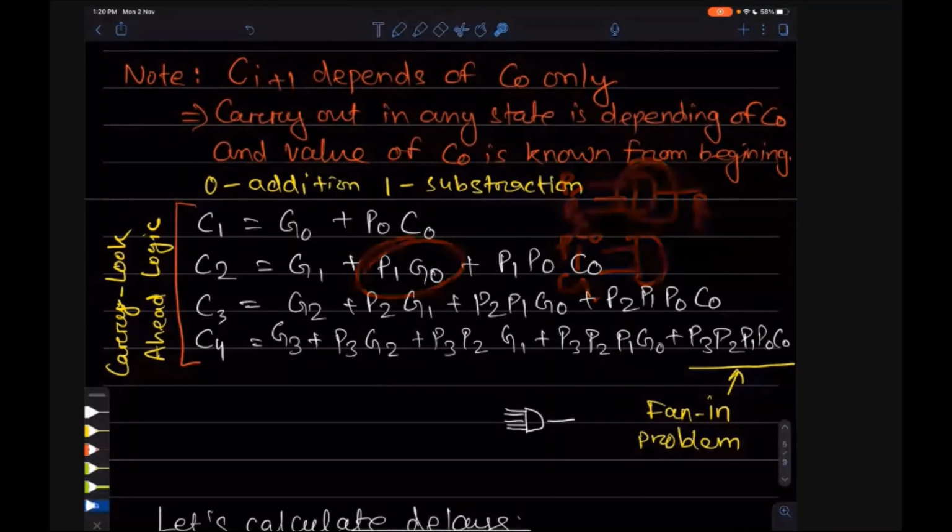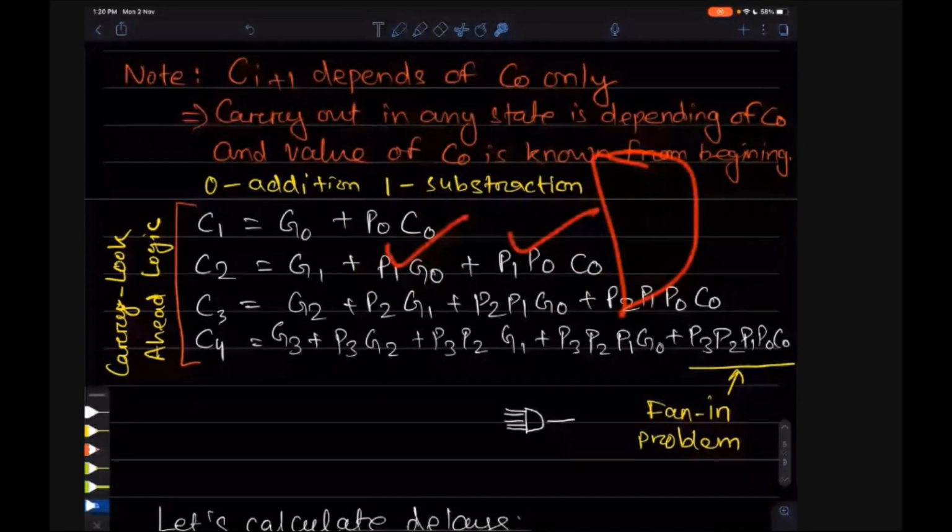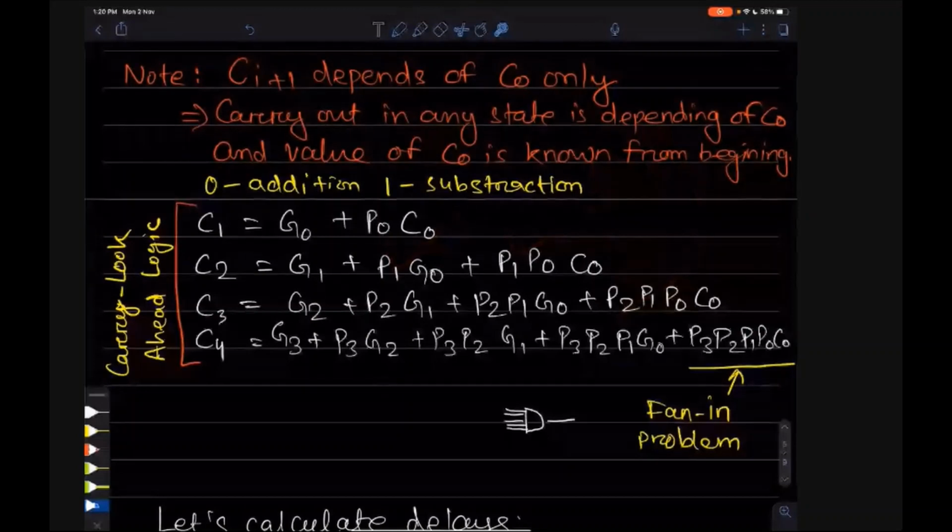Then in the same stage, this AND operation will be done. In the second stage, this OR operation will be done. So how many delays? Only 2 delays. Why 3 or 5? All AND operations will be done in one stage. All OR operations will be done in the next stage. 2 gate delays.